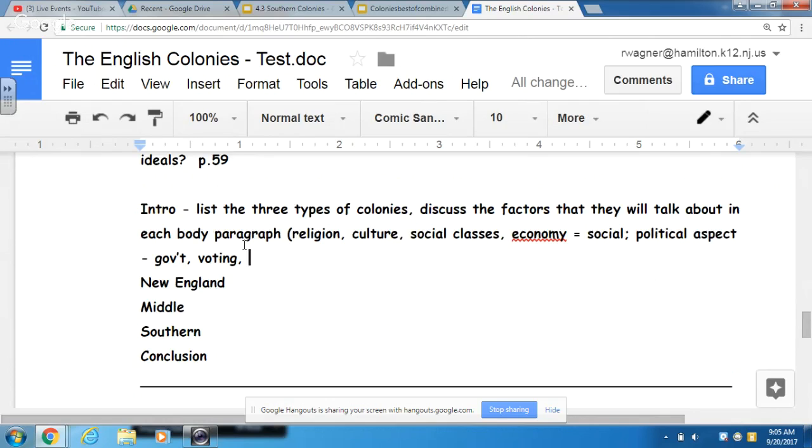So voting, government, and who went to that section and why. That's what this right here in the essay will go in each paragraph. New England, you have to talk about these things in New England, these things in Middle, these things in Southern. Oh, and can't forget